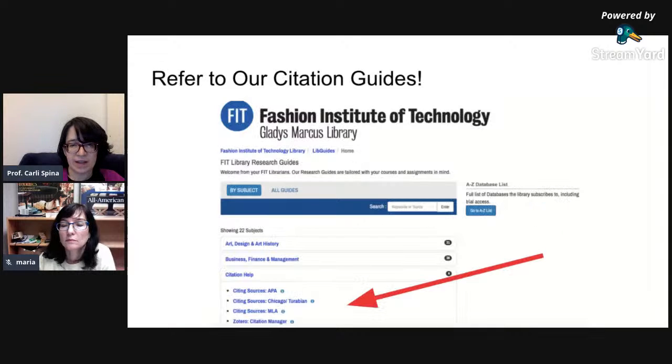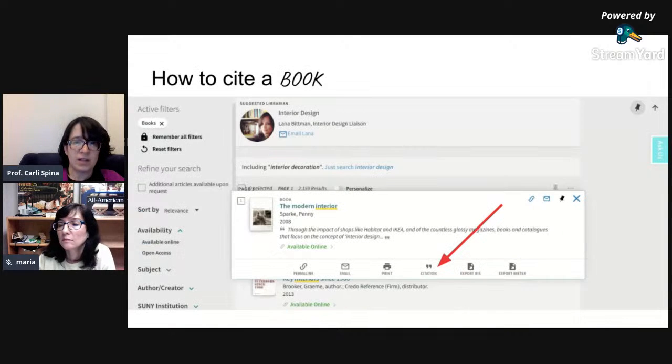So let's say I click on that, and it will take you to a pop-up where it's going to allow you to pick between Turabian or APA or MLA. You can pick any of the 3 that you want. And again, with a button click, you'll be able to copy them exactly and paste them into your own document. And after we finish going through the slides, we can take a look at that live in the system to get a sense of how that might work.